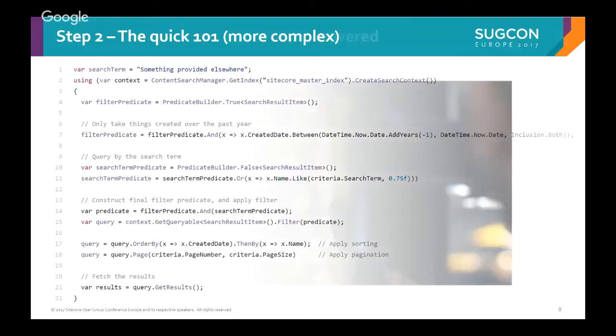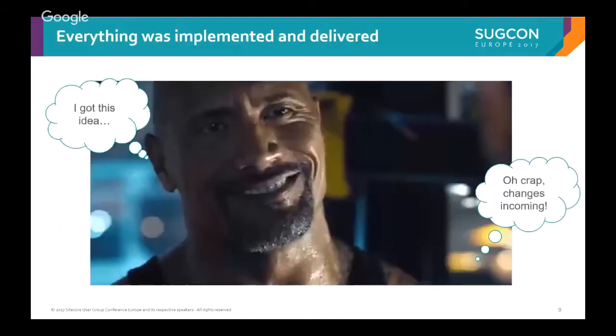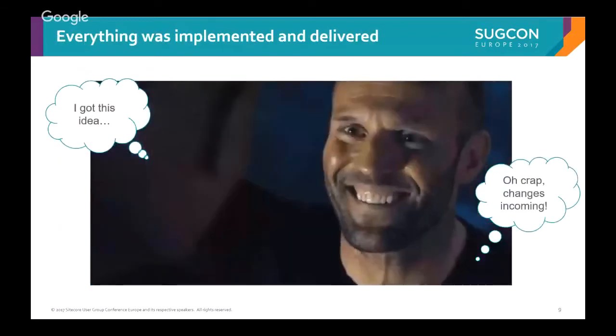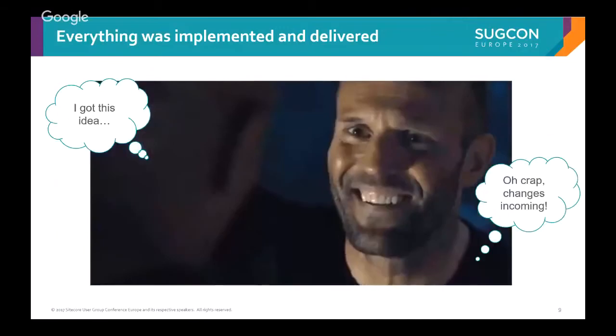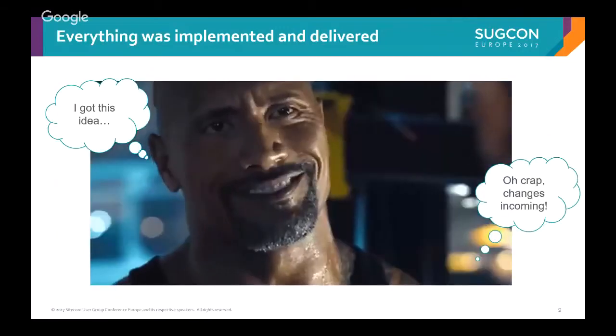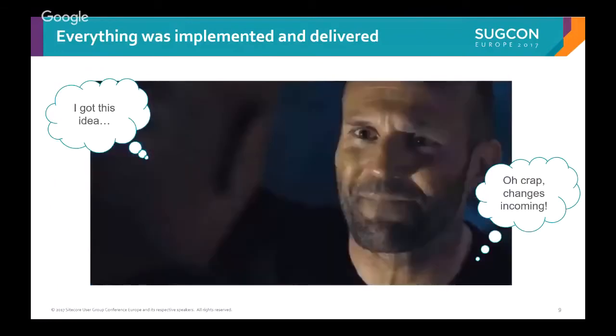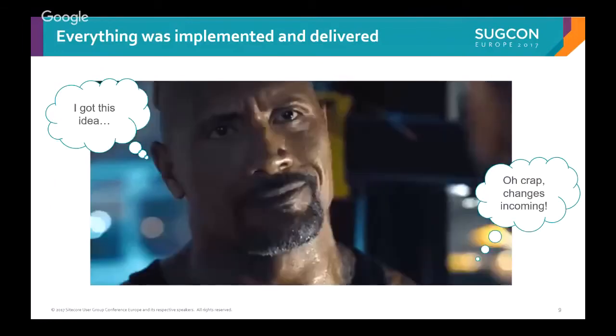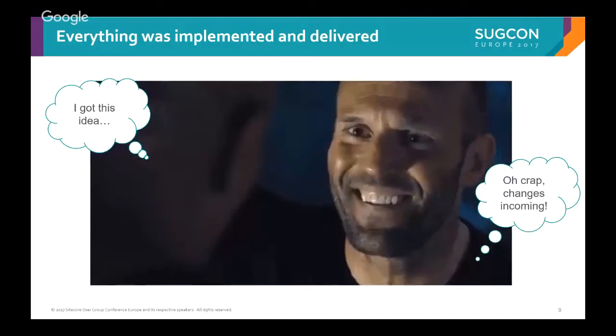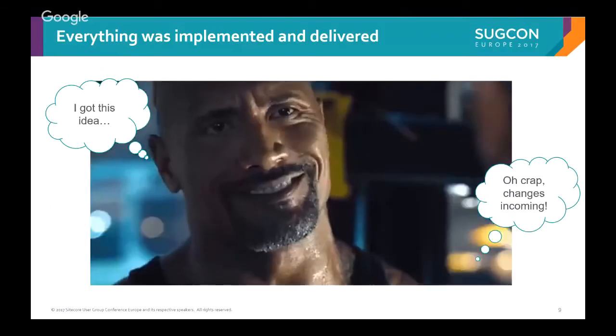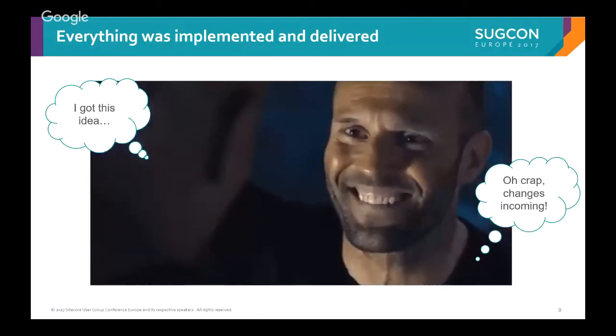Right. So we implemented everything as usual, and delivered on time, obviously. Then we have the client at this stage where he says, oh, I got this idea, that if we could just tweak this bit and, you know, do this. And then the developer on the other hand goes, oh, crap, now changes are incoming, because they know what's involved in this process. So, as I said, the client suddenly realizes they want to tweak which fields are being